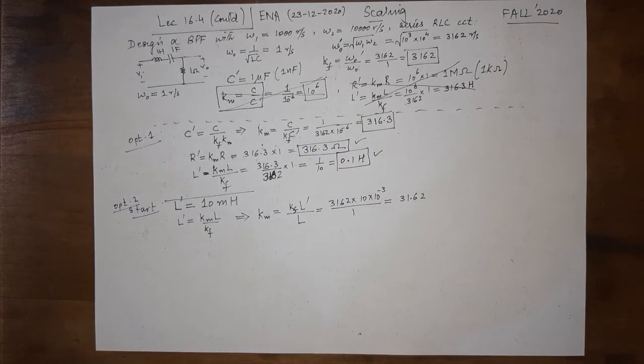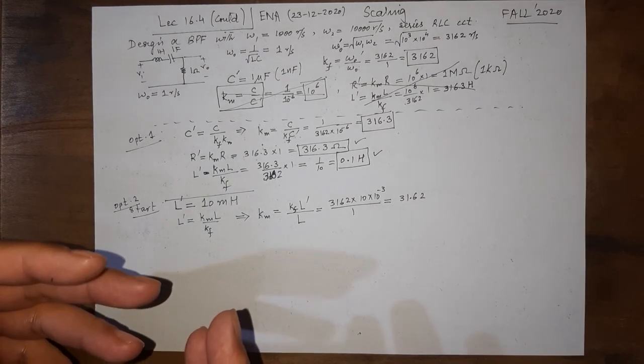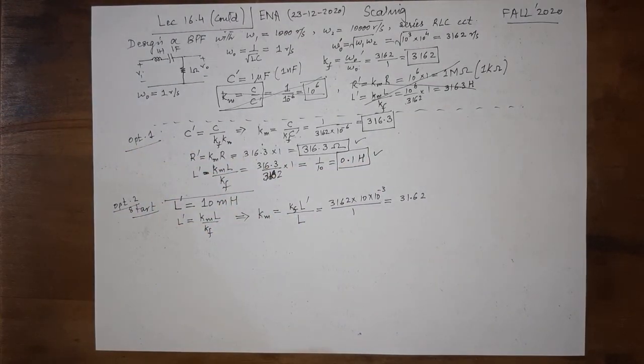So that's how scaling works, and you can use this scaling on active filters and on passive filters, but be careful about the gain of the active filters. If all the component values of an active filter are 1, then the gain is also 1. If you are making an active filter for some gain, then one idea is to put an inverting amplifier at the end of the same gain. That is going to give you the required gain. So that's about scaling, and it is a very powerful technique. You should try to master it.